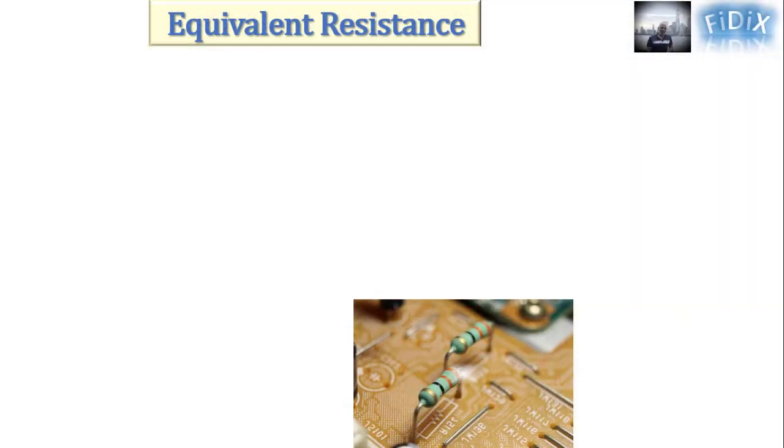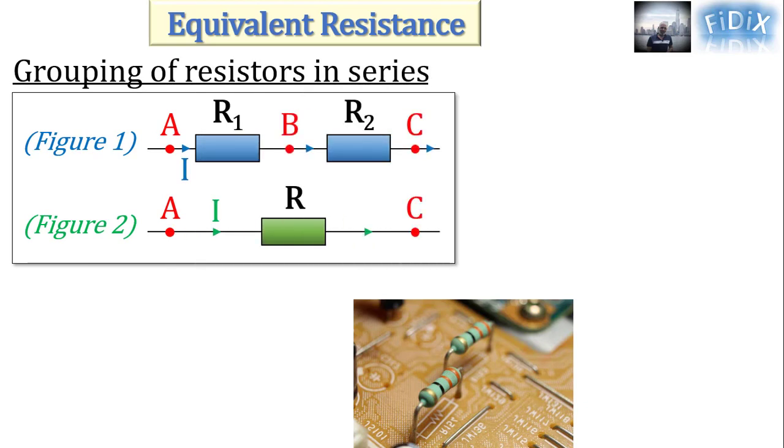In this video, we will talk about the equivalent resistance. Resistors can be grouped in series like in figure 1. To find the equivalent resistance R in this case, we imagine replacing the two resistors of resistances R1 and R2 by a resistor of resistance R, like in figure 2, that neither changes the voltage nor the current in the